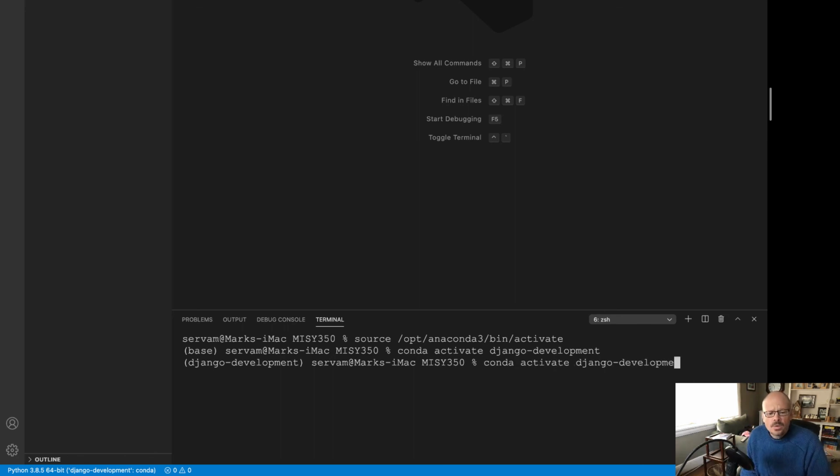So I'm going to now go into the MISY 350 environment. I don't think technically that's required for this exercise, but let's go ahead and do that. It's good practice. And I am at the top. If I say ls, and in Windows, of course, you would actually say dir, then you're actually listing the contents. And you can see,